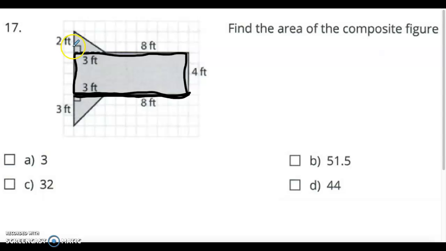Oh, I'm sorry, they're not exactly the same. I made a mistake. This one, they're different sizes. I apologize. So the area of this triangle right here is 3 times 3 divided by 2. And the area of this triangle is 3 times 2 divided by 2, because it's base times height divided by 2. So again, the area of the rectangle is 11 times 4. The area of this is 3 times 3 divided by 2. You're going to get a decimal answer, and that's okay. The area of this is 3 times 2 divided by 2, and then you're going to add your 3 areas